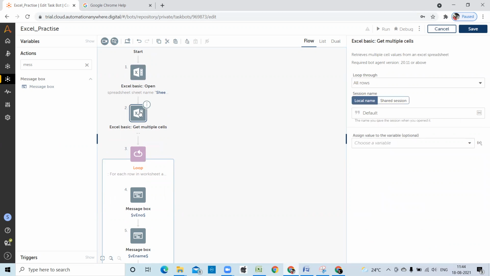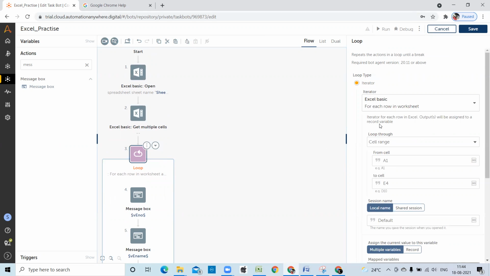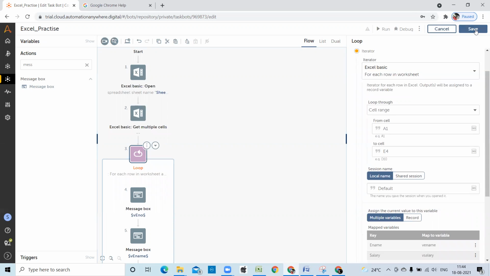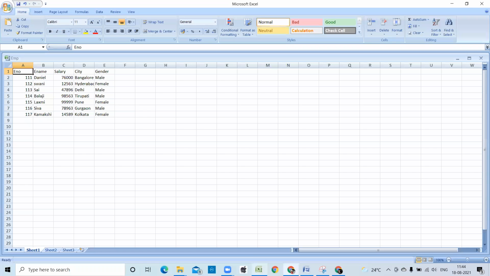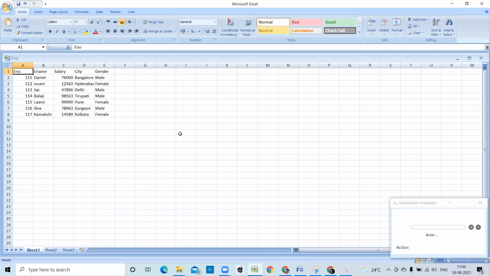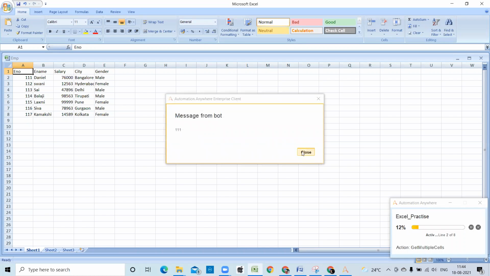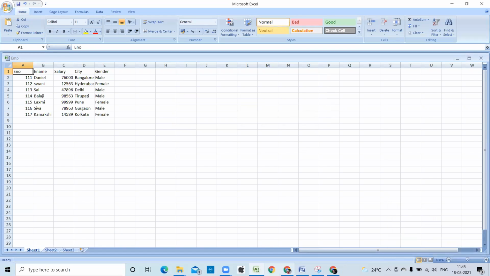In get multiple cells I have selected all rows, and in the loop I have selected cell range. Now we can see how it works. Just run, open the Excel file. 111 Daniel 76,000 Bangalore male, 112 Swami.